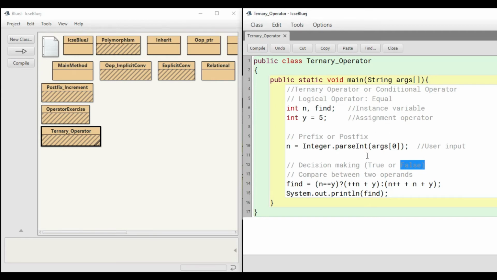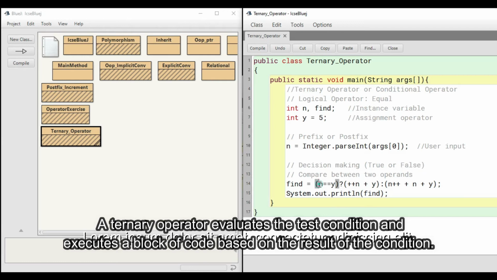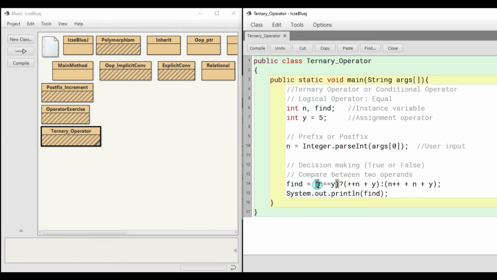We compare two variables, and the result will be either true or false. If it is true, you will find here that a question mark operator has been given. That means this is splitting the comparison segment from the two segments where, if it is true, something is going to happen, and if it is false, something else is going to happen.